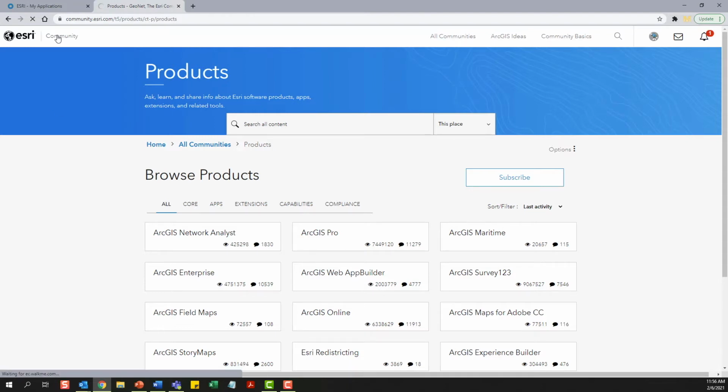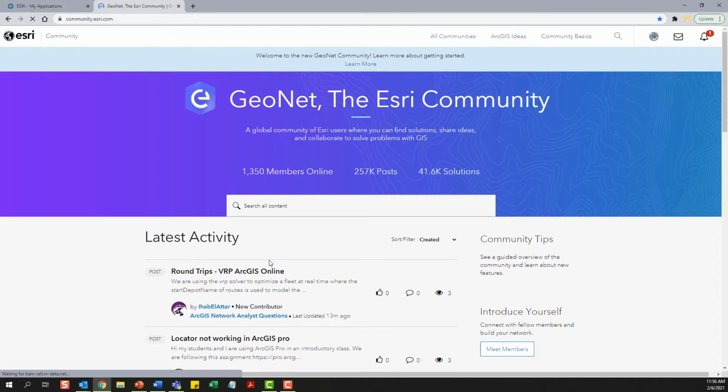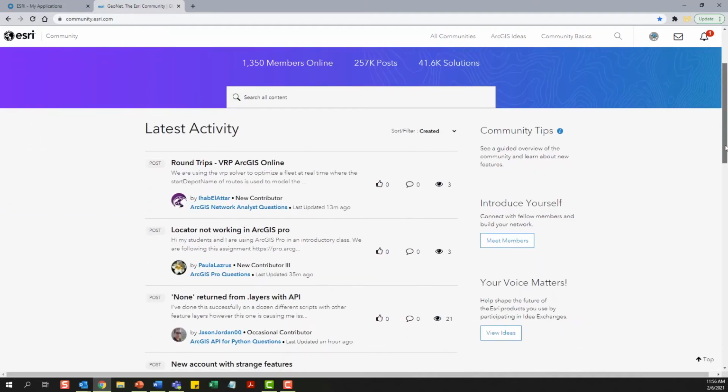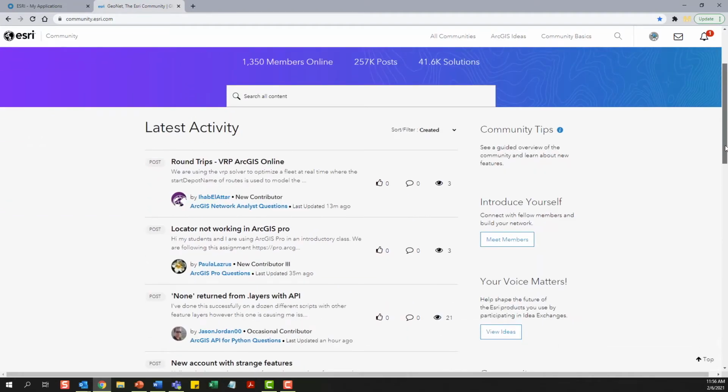Let's go back to the home page. So what you'll see on the home page is really just some basic information about the community. So how many people are online, how many posts, solutions, and then whatever the latest activity across the entire community. So we have probably 200 user groups and then maybe another 150 places that are organized by either products, developers, industries, services, etc. So this page will aggregate across all of the community and bring in what was most recently